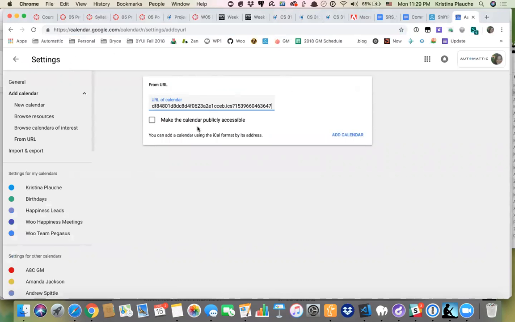So you can see I just put in the URL of the calendar. I click add calendar, which I'm not going to do because I've already added this calendar. Then everything that is in that calendar shows up in my Google Calendar, and I can manage everything from my Google Calendar, if I want to. Yeah. So okay,